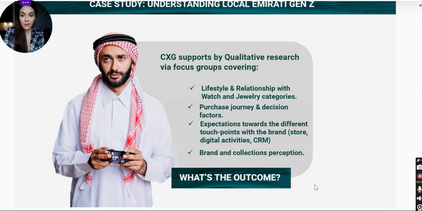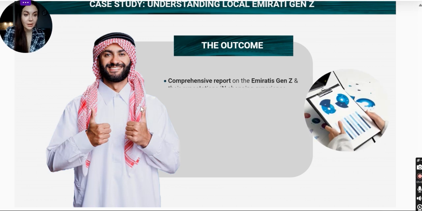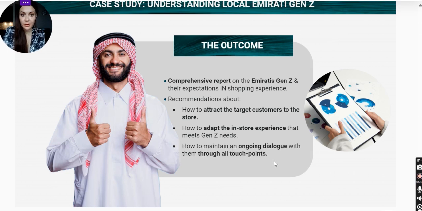In the end, we have again another action-oriented button, so we want to find out what's the outcome. We have our Emirati being pleased, and pieces of the outcome presented to the learner. So this is basically this one in